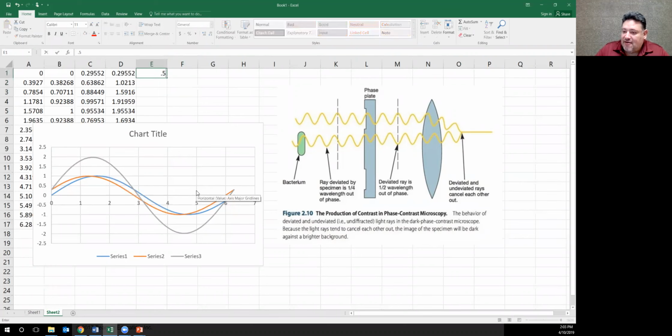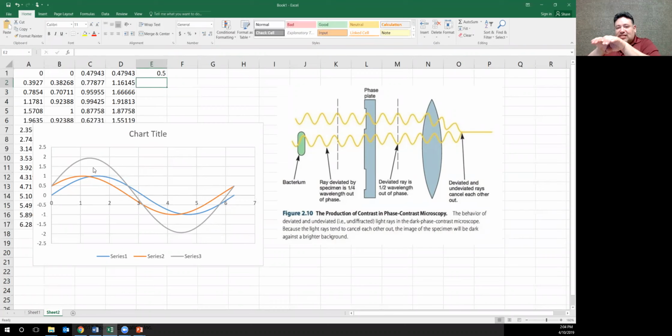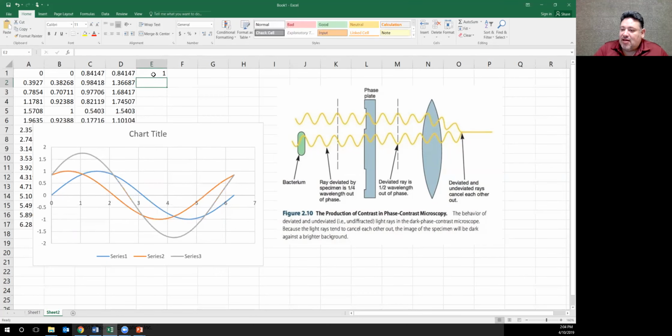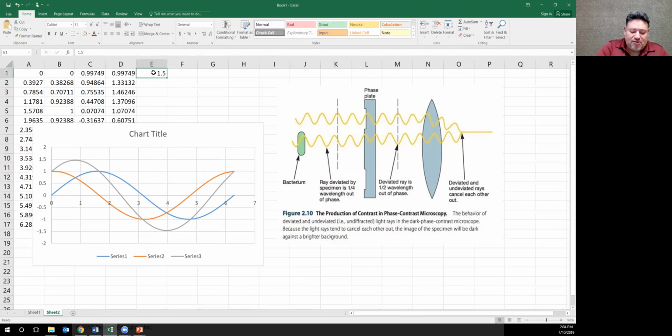here's at 0.5. And look at what's happening to the gray one. As these get further and further apart, the gray one becomes smaller and smaller. So as the troughs and the peaks of these two waves move away from each other, the sum becomes smaller and smaller and smaller, okay? Let's go to 1 here, see what happens. Okay, that made it smaller, 1.5, okay? There's a sweet spot, okay? There's a sweet spot